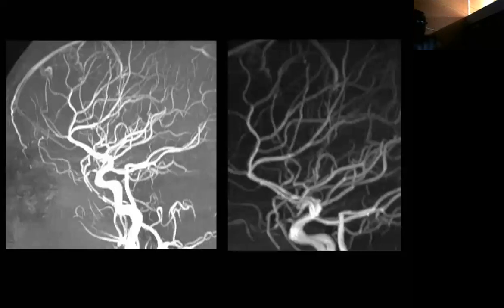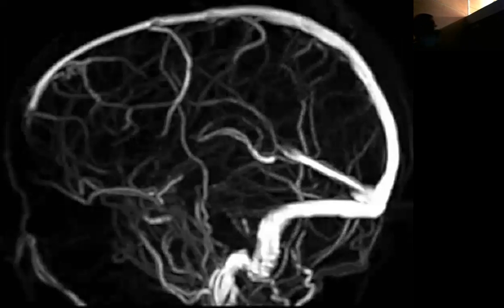So many things that we learn. You can see one is lower than the other, the left is lower than the right. So you have to have a vision of where these vessels are. The tumor is basically here. And these are the draining veins, because it is resting on the sagittal sinus. It's not closing it, but it's impeding the venous flow.